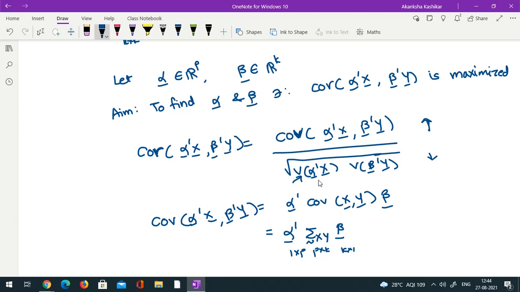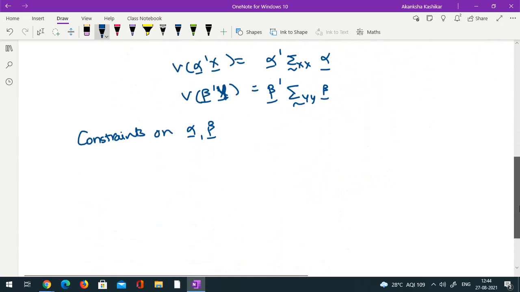Okay, so we give an upper bound to type 1 error. We say that we will not allow type 1 error to go beyond 5%, correct? And then we try to minimize type 2 error as far as possible, keeping this constraint. So we are going to do something similar here. We will put a constraint on the denominator because the denominator has variance, so we can put constraints easily.